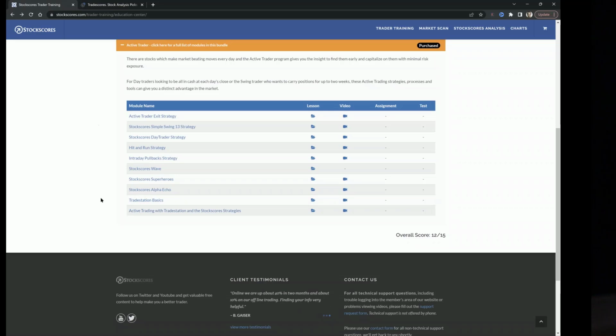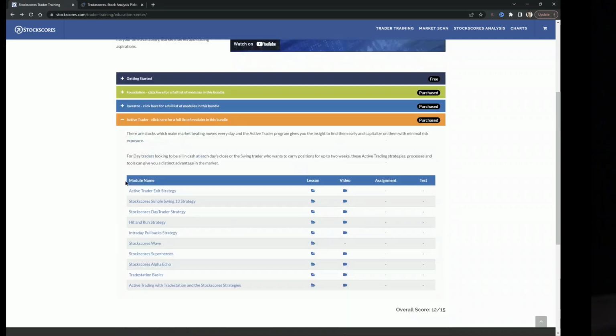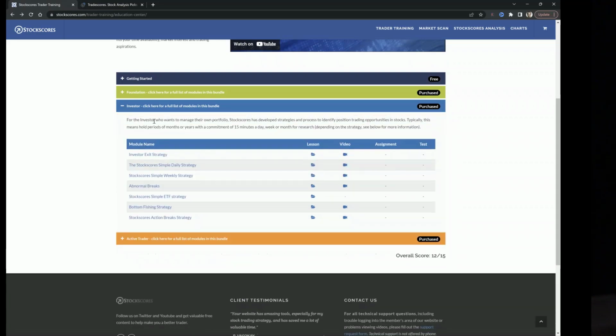All right, so that's an overview of the Education Center. And again, you have to be a member to access these things. So if you want to access the active trader content, you have to be an active trader member. And I'll explain what it takes to do that later on and also the other benefits. If you want to be in the investor section, you have to have done the investor membership. Okay, so this is where you get my knowledge, but you don't just get the knowledge, you also get the support from me.